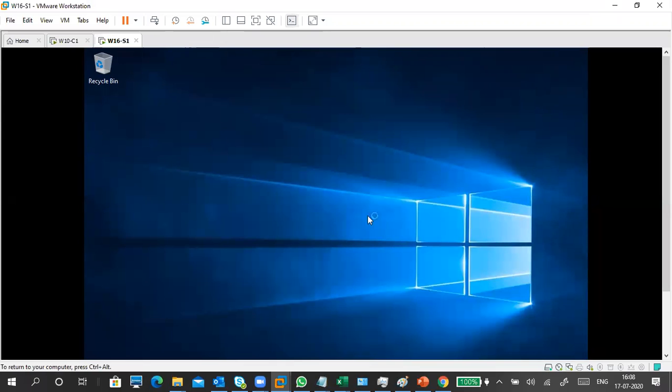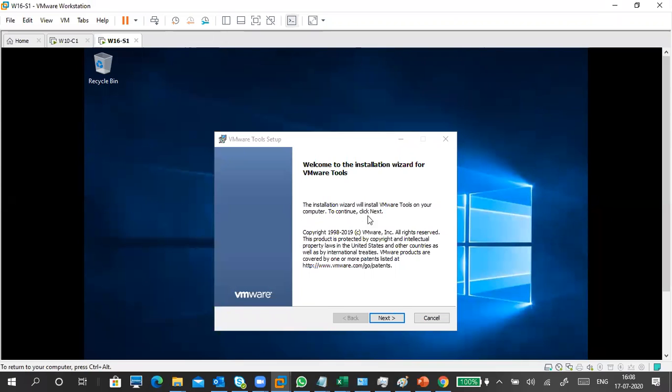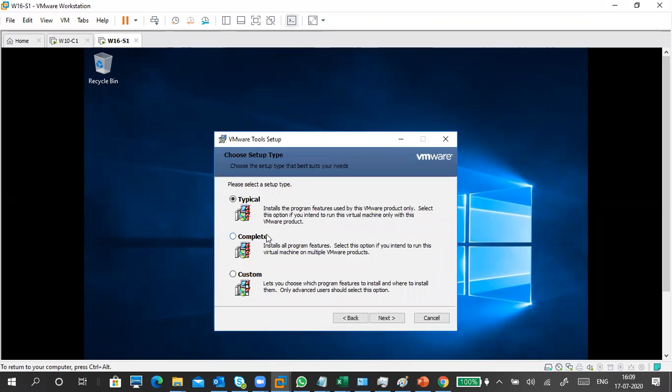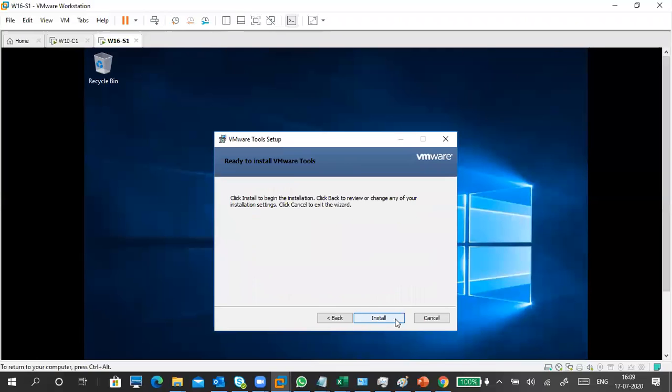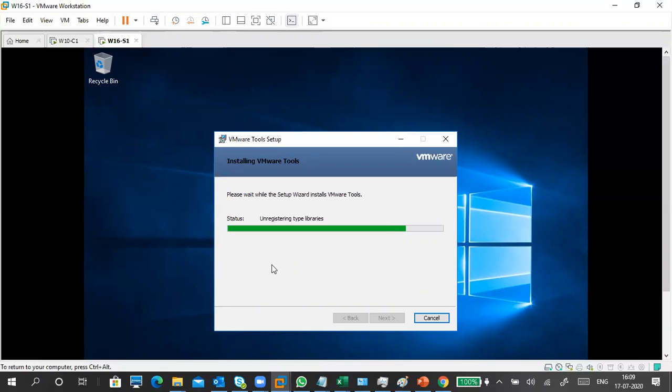It will run. You know how to install that also. Next, typical or complete, anything, no problem. You can use typical or complete. Custom is also no problem. Custom means you have to add or remove whichever one you don't want.